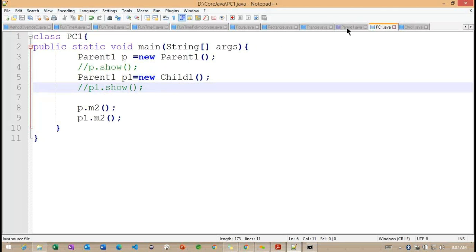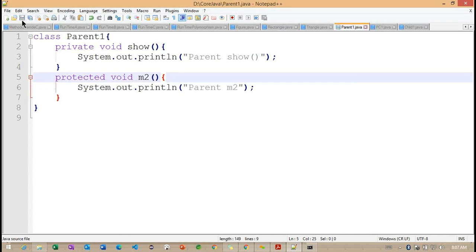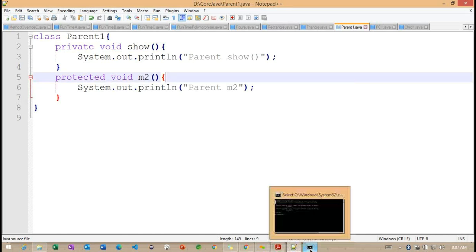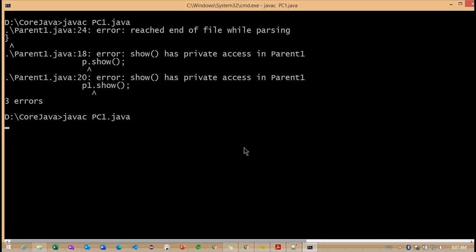Let me close the parent one, something we did not close. It's closed here. Okay. Because of that, we did not save the class properly.